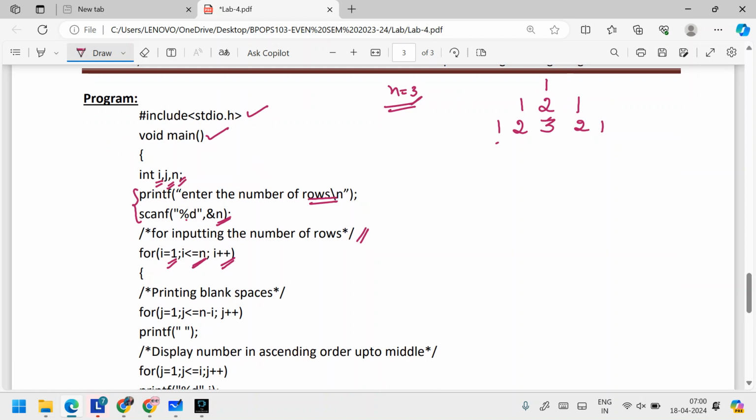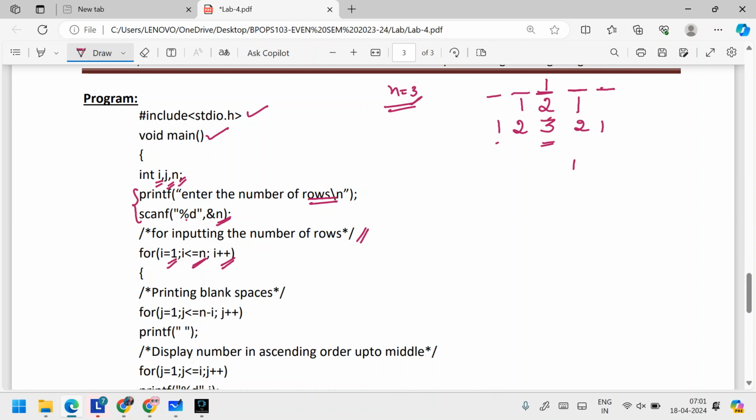Once you do this, see very carefully. For example, this one. If I take the first row, see the total number of spaces in that row. If n is 3, in the top row there would be 2 spaces. Total number of spaces in the top row is 2, correct? If it is 5, then the number of spaces would be 4.